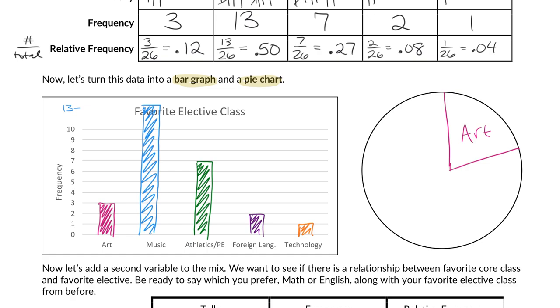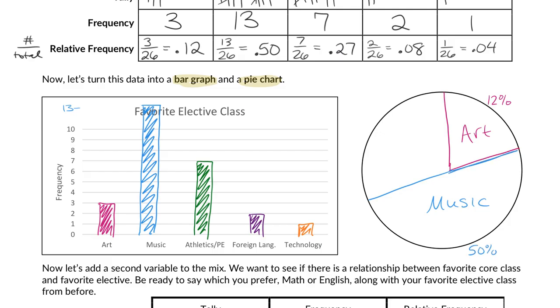And again, because I'm eyeballing this and I didn't get a protractor out, I'm also going to put the percentage on here so I can see the number as well as the part of a whole for this pie chart. The next section is 50%, because 50% of you guys chose music as your favorite elective. So we're just gonna, is that good for 50%? I feel confident about that one for music, yeah.